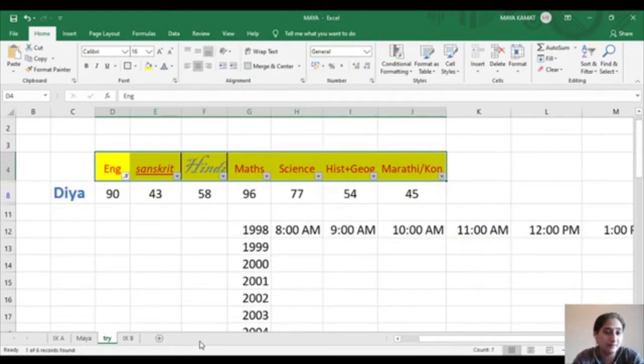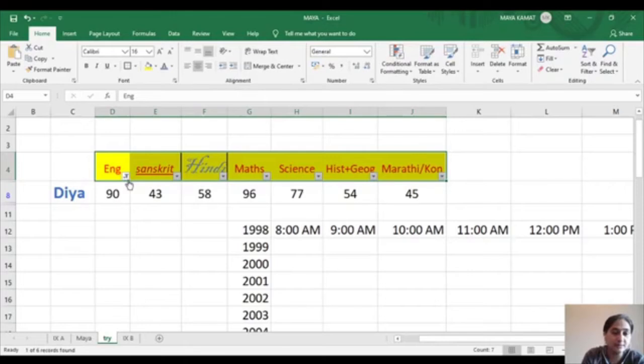So out of all the entries that we had, only that particular child who had scored 90 in English is being shown. So can you imagine how helpful this tool is, especially in terms of your results? Even for your board exams, if we need to find out who is the topper in the entire state, this is the easiest way I could do it. Right? Are you all understanding?